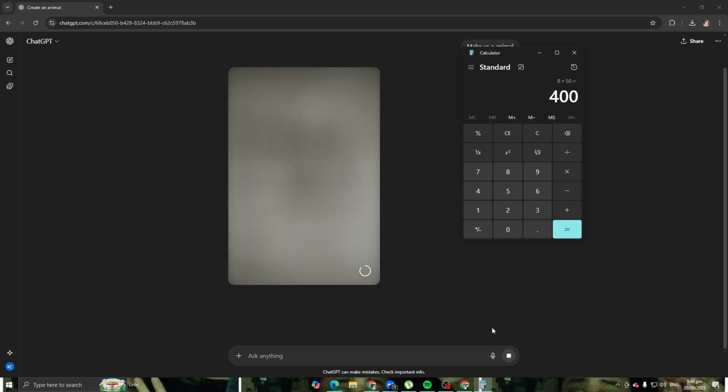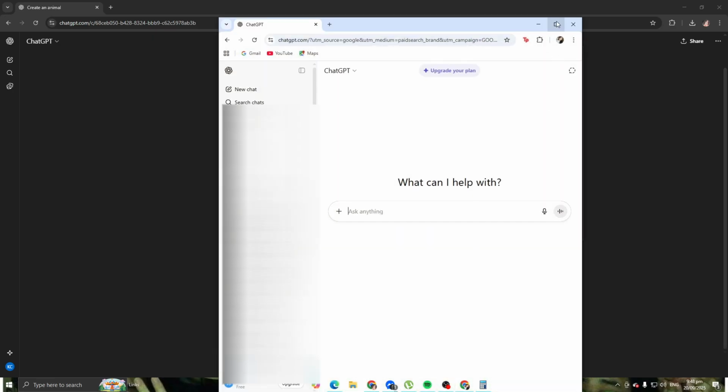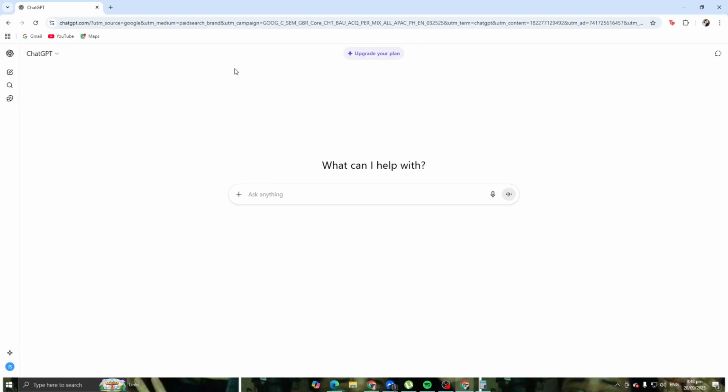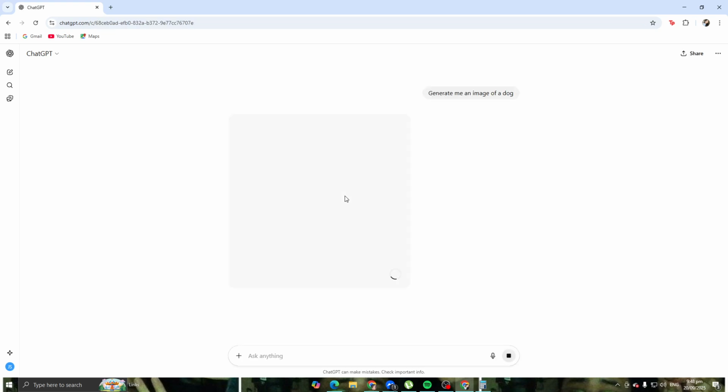For example, right here, I've already set up another account. As you can see right now, here's my other account that I can use, and also generate me an image of a dog. I can also generate me another image. So right now I can roughly make up to 6 images per day. So there you go, guys. You can make any image. You can have much more images that you can generate if you have more accounts, or if you buy the